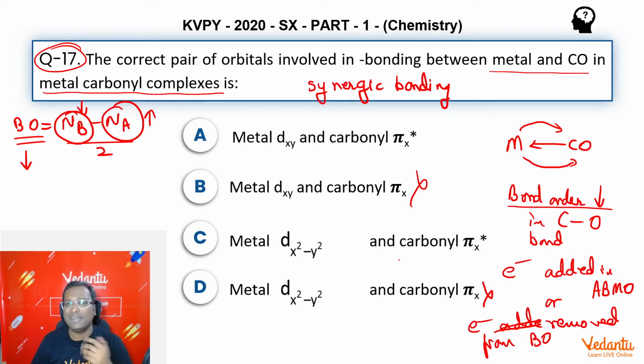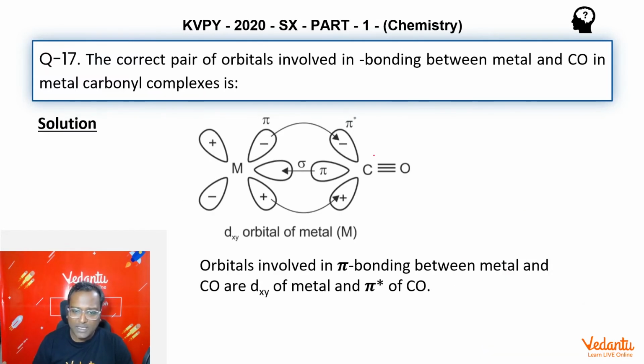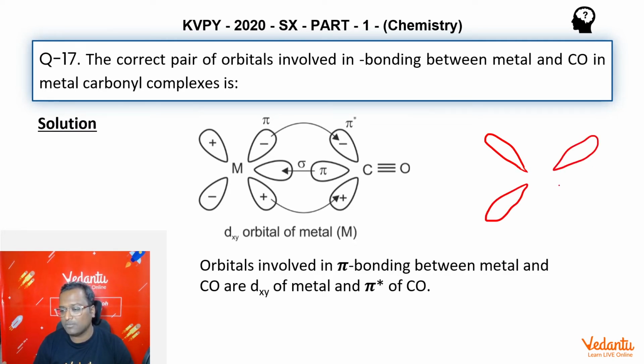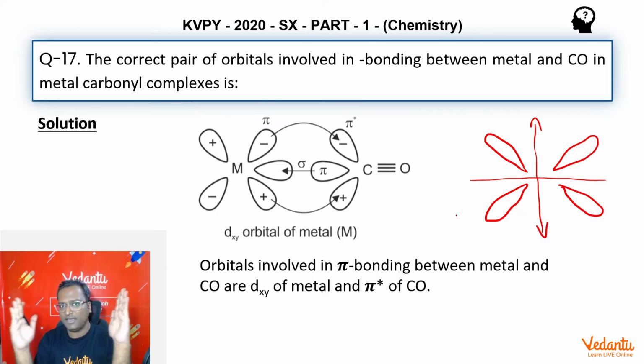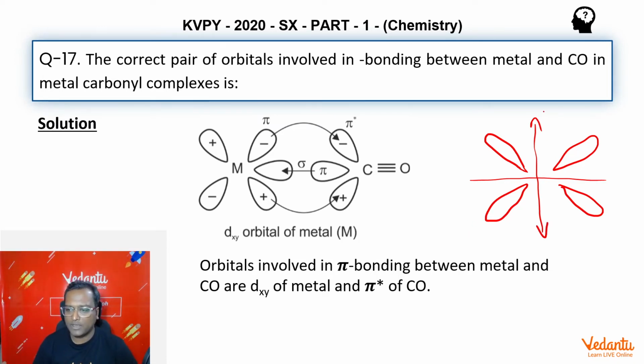Now the question is, which anti-bonding orbital do we choose? There's a hint in the question, guys. The question says pi star x. From here I will get my answer. Let me show you the diagram. So if we talk about a pi star x orbital, do you remember, pi star px looks something like this, right? You take two px's and then you align them side by side, correct? So this direction is your x direction. Let's say this is the y direction. So this is your pi star, suppose 2px.